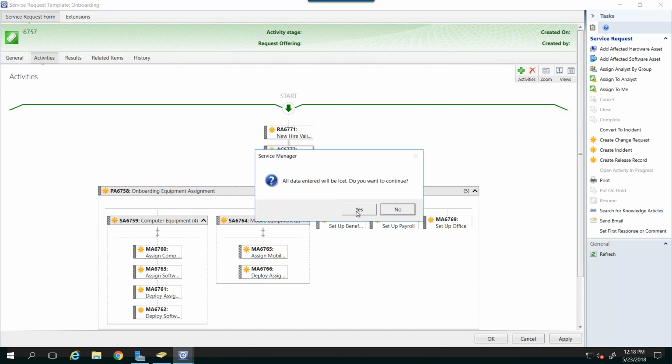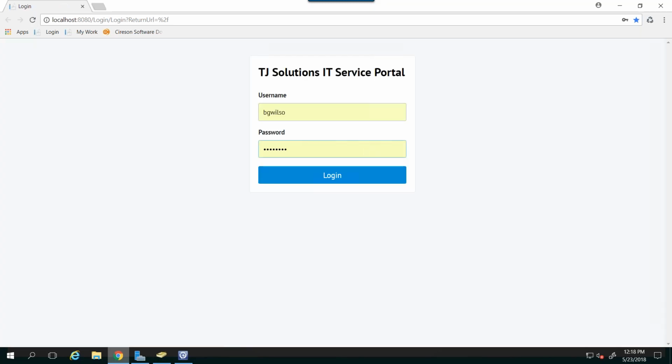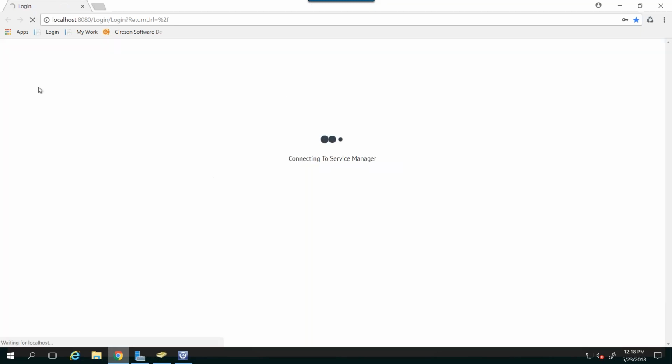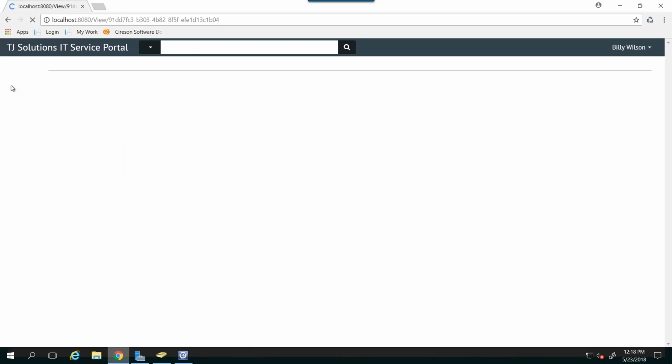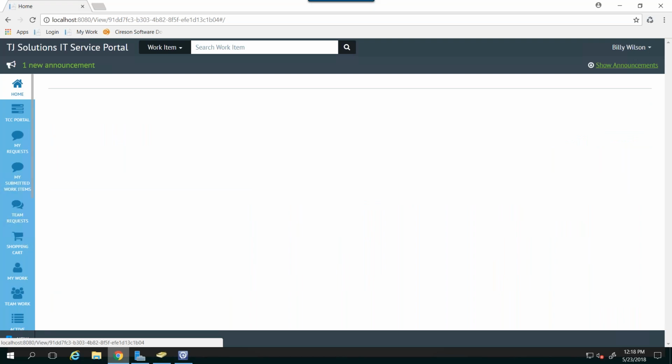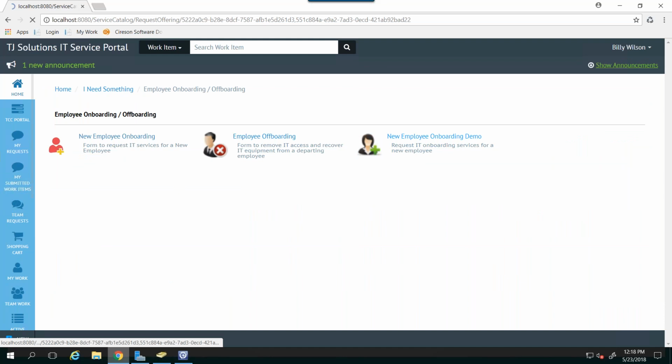So let's cancel this and let's see if it works. By the way, all this worked. All of my examples here worked about an hour ago. So if they don't work now, I blame you. So let's give it a try. We're going to log in to the portal. I'm going to go to my home page. I'm going to go to my request offering, onboarding, my demo version,